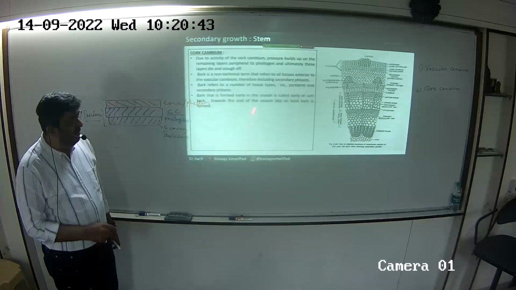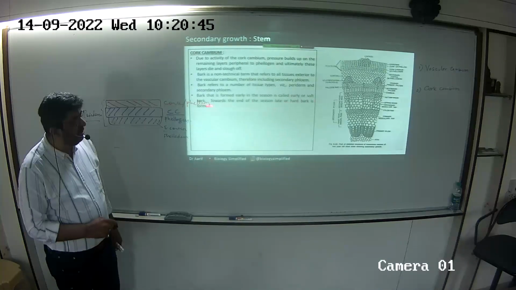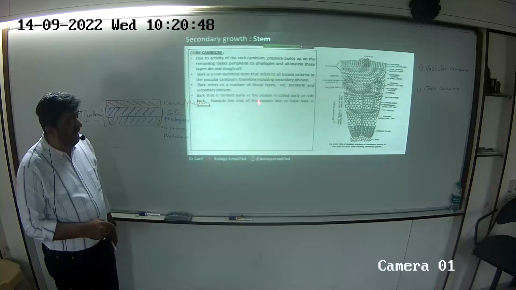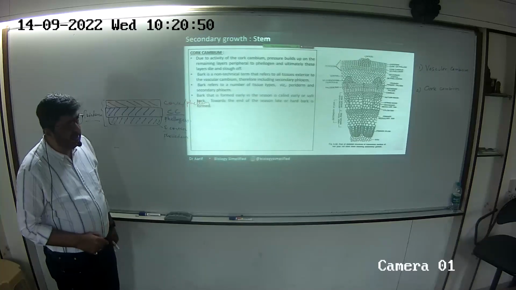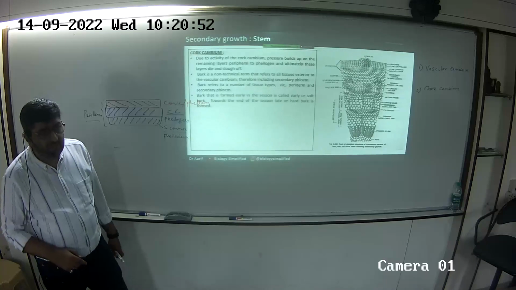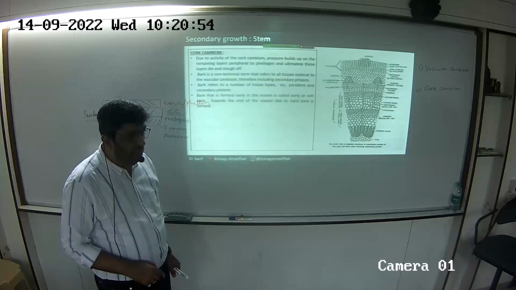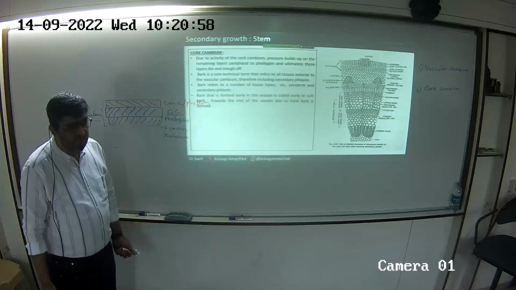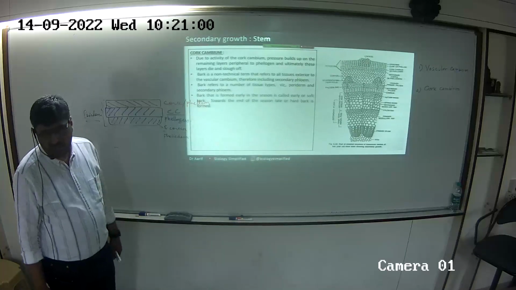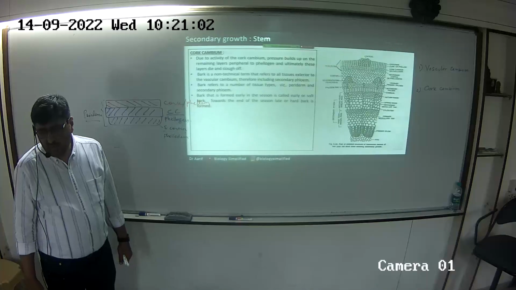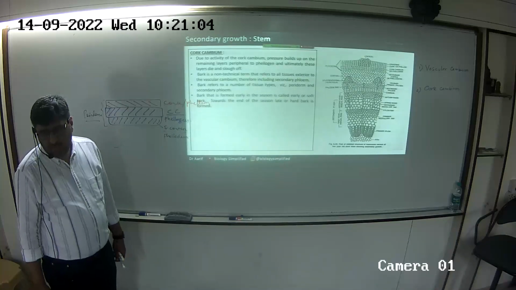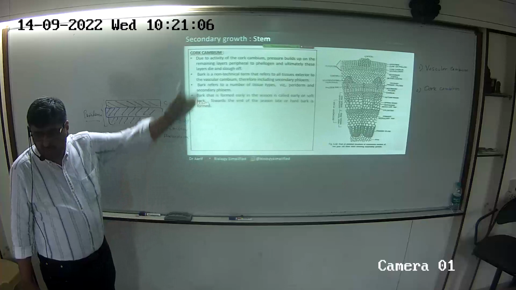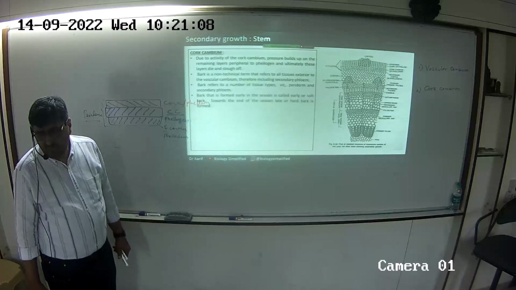So bark which is formed early in the season is called early or soft bark. Towards the end of the season, late or hard bark is formed now. Yes, please. Sir, season मतलब spring. Development, right ना? Generally spring में development होता है. Sir. Okay. Outer tissue including vascular cambium. No. Vascular cambium तो अंदर की तरफ है. Outer बाहर है तो बाहर है सर. Secondary xylem के बाहर. हाँ,